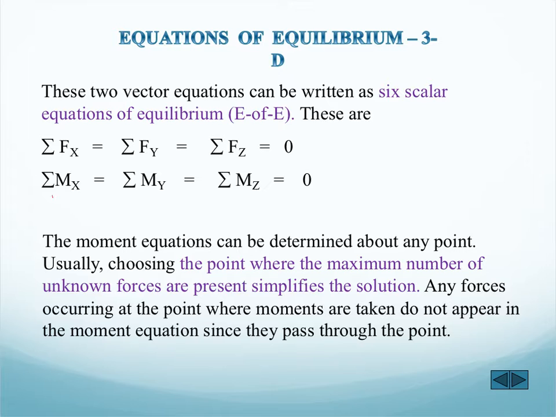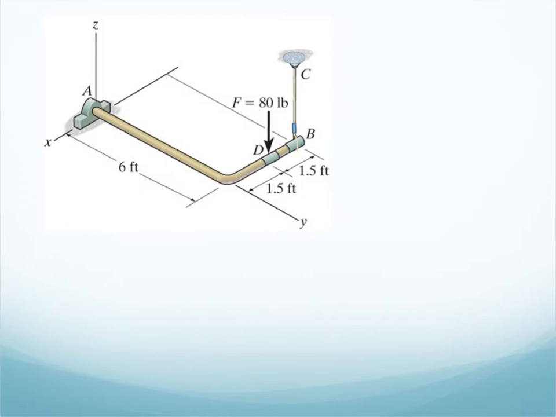we now have the possibility of having moments in all 3 directions, where in 2 dimensions we only had a moment possible about one of the axes. We also, of course, will add the additional equilibrium condition in the z direction for the forces. So as you can see, we have 6 equations, which means we can have up to 6 unknowns. This could make something rather complicated, but I wanted to talk about an example to just show how we might simplify it. So we have this scenario of this